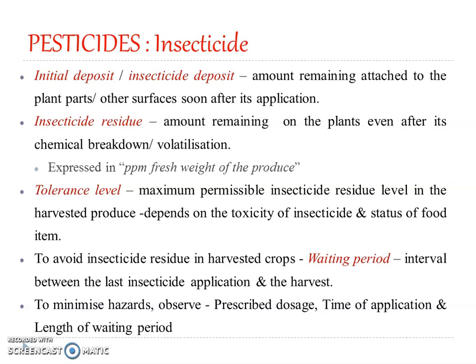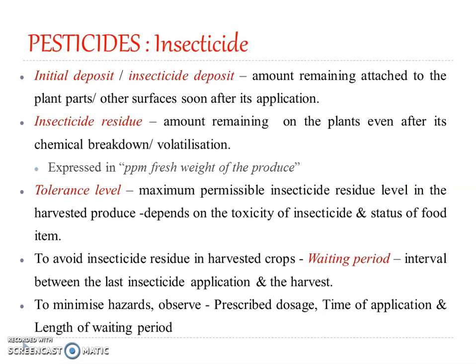Now, systematic surveys and studies in the vegetable markets in our country have revealed actually shocking facts about insecticide residues. The proper use of insecticides, and strictly observing the prescribed dosage, time of application, and length of waiting period alone can maintain the residue level within the limit of tolerance. This would minimize the hazards and avoid a dismal situation. So for every crop, what are the insecticides to be used? How much amount has to be used? That is the prescribed dosage.